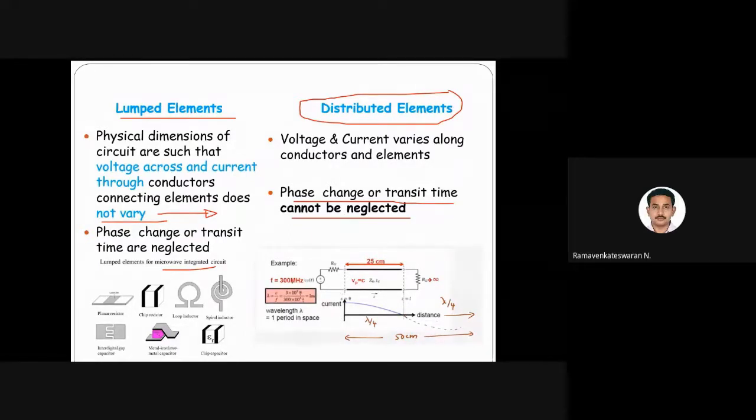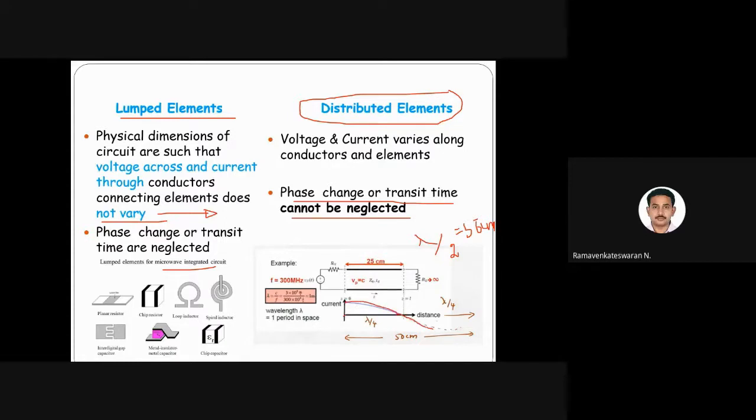For example, if you take a typical frequency and calculate the wavelength, it is typically 1 meter. If the length is 50 centimeters, that is half a cycle, so it is lambda by 2. If lambda is 1 meter, lambda by 2 is 50 centimeters, and lambda by 4 is about 25 centimeters. So if you take only a quarter wave, for example,